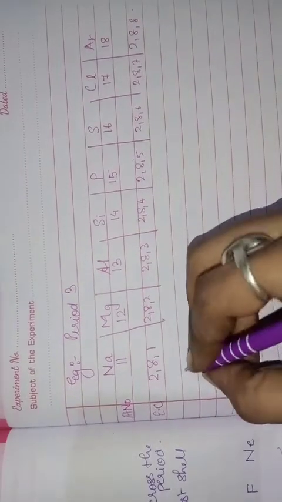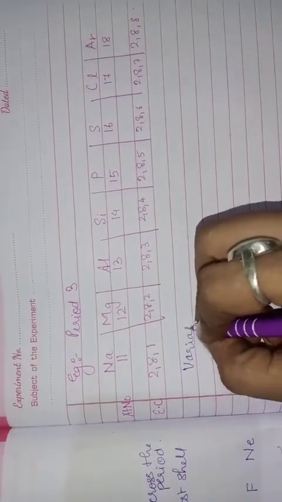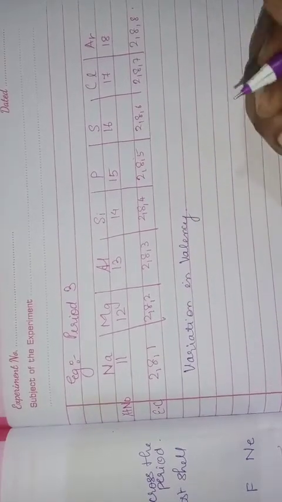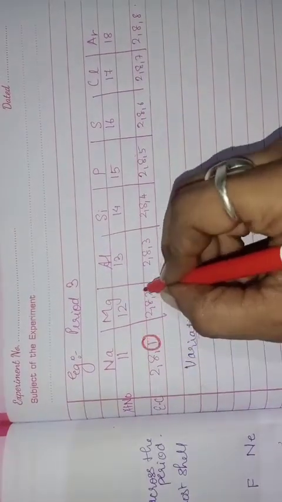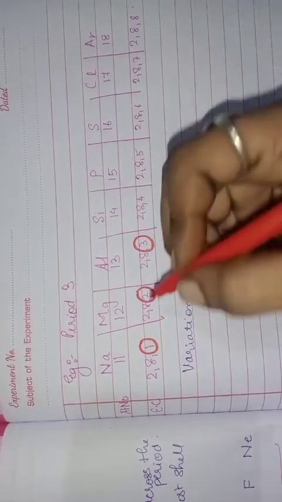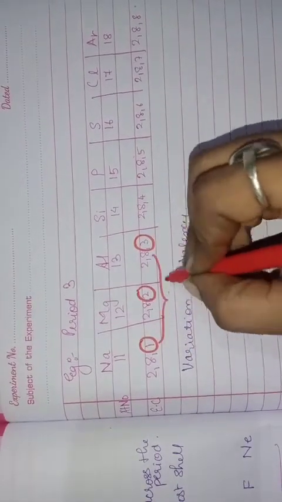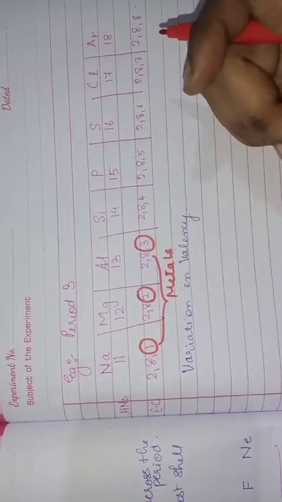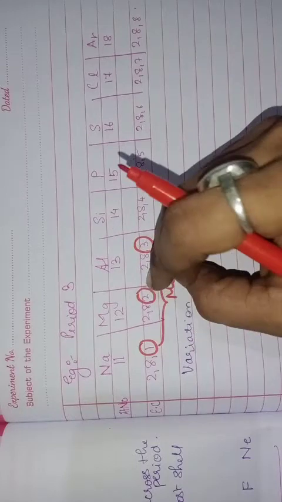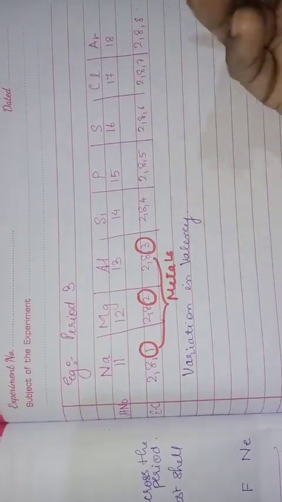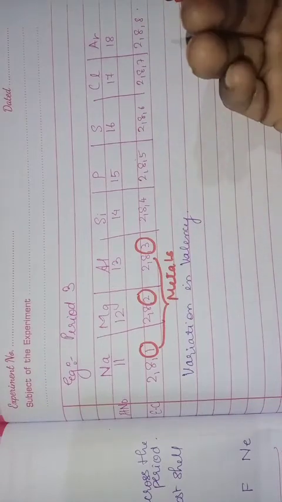What we are discussing here is variation in the valency. Now children, I have already explained to you that the metals will tend to lose only 3 electrons. 1, 2 and 3 electrons can be lost. Yes or no? So I can say that these 3 are metals, because they will lose 1, 2 or 3 electrons from their outermost shell. Children, why will they lose? Because loss or gain of electrons is done to attain the nearest noble gas configuration.